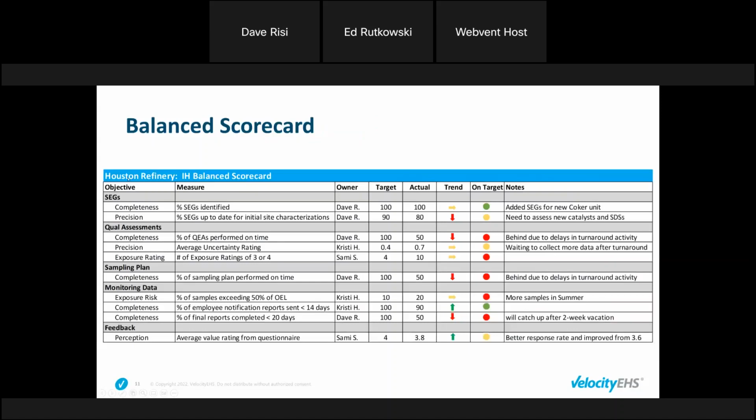My example is a Houston refinery, and I've got SEG with 2 metrics. I've got qualitative assessments. I've got these metrics: sampling plan, monitoring data, and then feedback. So I've got all of these metrics that I've defined. There's got to be an owner. So who's the person that's responsible to collect this data? What's the target? So what's the goal? What's the actual? So, our goal is 90, but we're at 80% of SEGs up to date for initial site